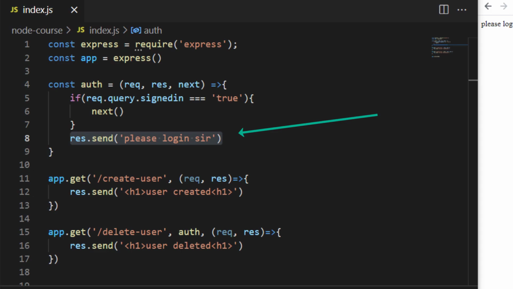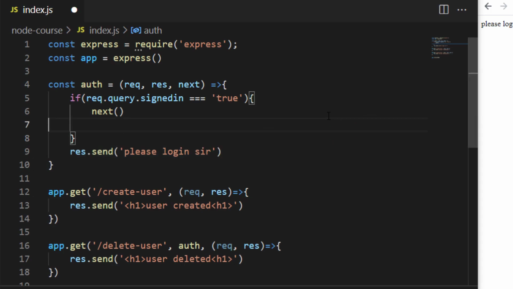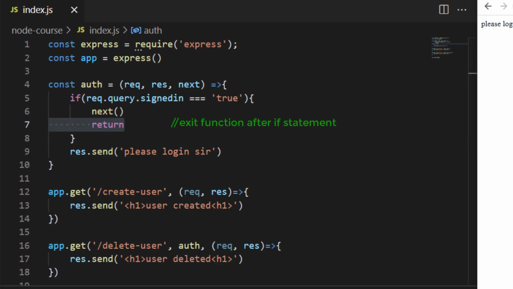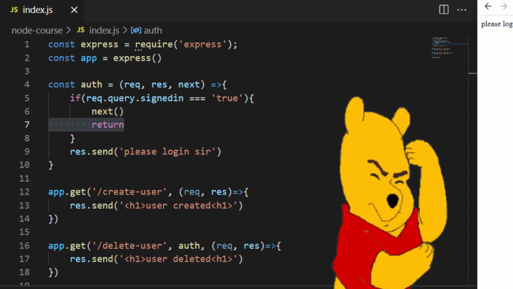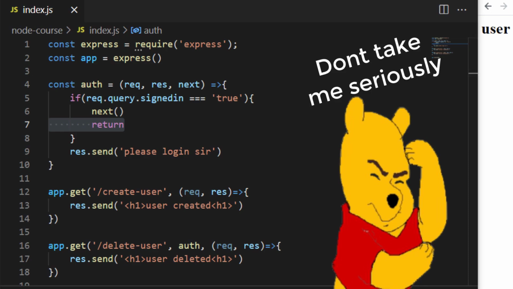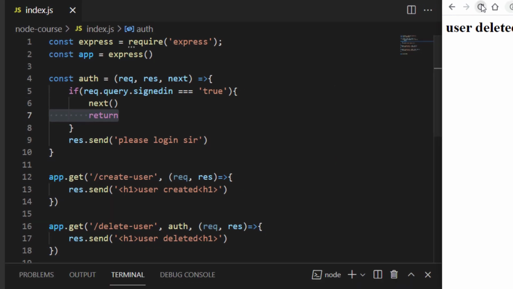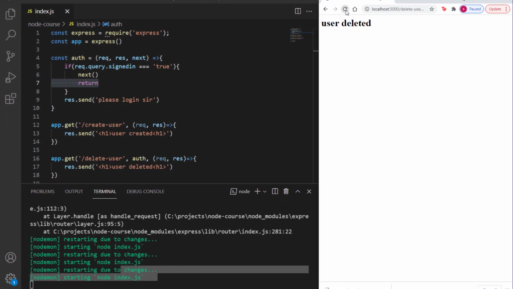So to prevent that from happening, I'll either put my response.send 'please log in sir' inside an else statement, or I'll just write down return so that it could exit the function once it's been completed, because we don't want it to return. Which now, by the way, when I think about it, return should be the next function and the next function should be called return, but whatever. The point is my error is gone and my code is working perfectly, and now I can end this video